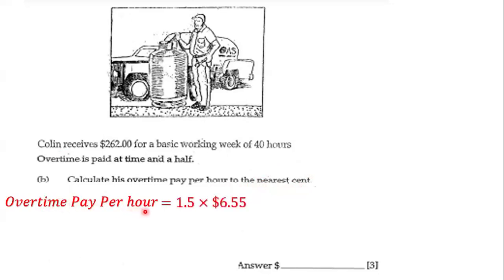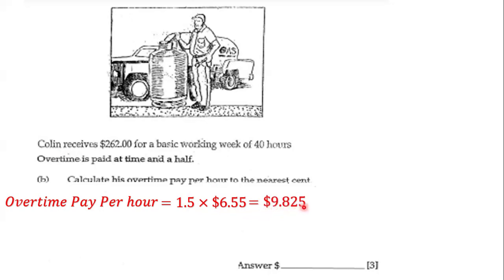So here we have to determine overtime pay per hour. And what we're going to do is we're going to take 1.5 and we're going to multiply it by $6.55. We use 1.5 because it says here that overtime is paid at time and a half. And we use $6.55 because that's his hourly rate. That's how much he's paid per hour. And so we have 1.5 multiplied by $6.55. And when we multiply them, we get